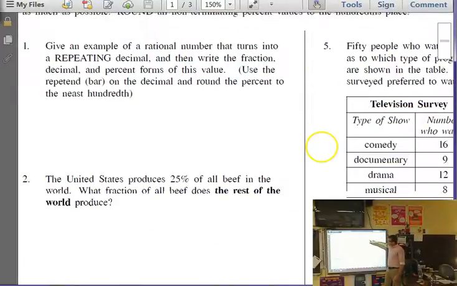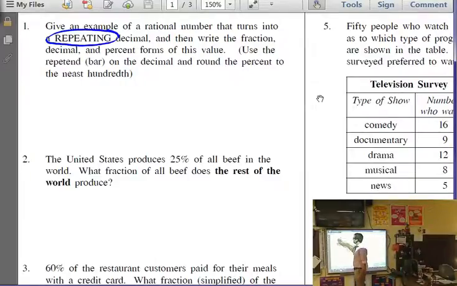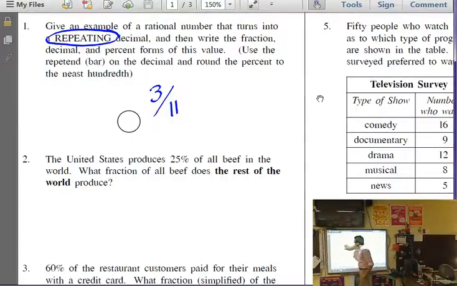So, first problem that a lot of people had some issues with was remembering how we find a repeating decimal. So we talked about a bunch of repeating decimals in class. We dealt with any division by 3, or most divisions by 9, and any division by 11. Any of those will result in a repeating decimal. So if I did like 1/3, that'd be 0.3 repeating, or 2/9, that'd be 0.2 repeating, or like 3/11 would be 0.27 repeating. So you just have to choose one of those.